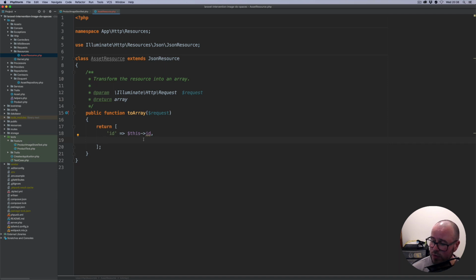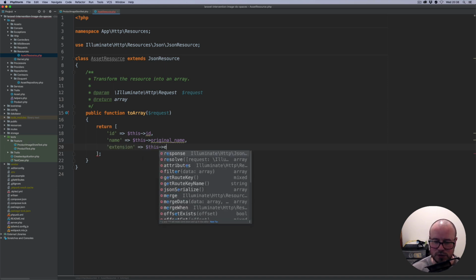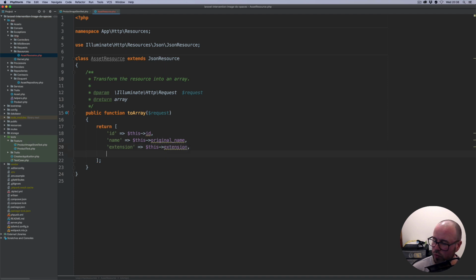So ID, then we're going to have name, which will come from this original name. Then we are going to have extension, which will come from this extension. We will also provide URL, which will come from this URL. Then it's going to be variants,